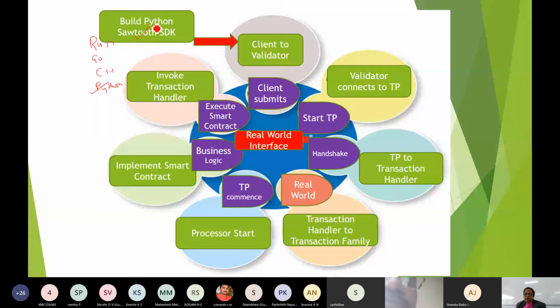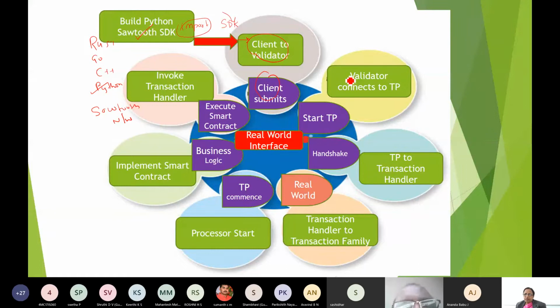So what you have to do, you will have to import the relevant SDK files, which are available in the Sawtooth network. So you will have to first build these things. That is the first part, and then the client to the validator process starts.